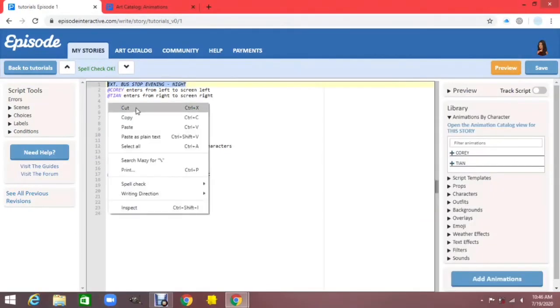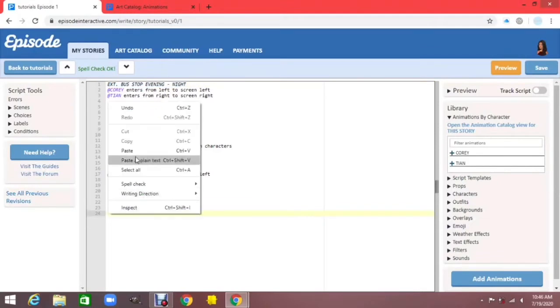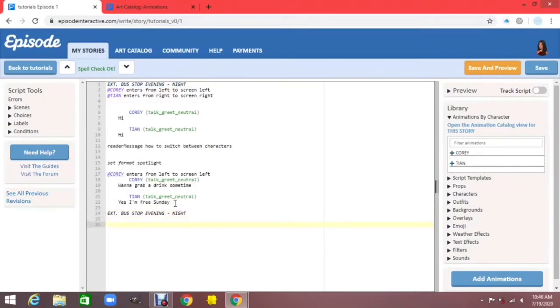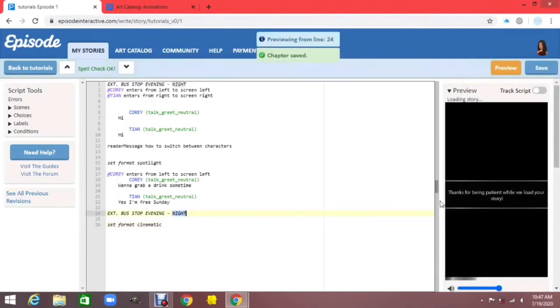This is just how to reset it. You're going to copy back the same background if you're going to use the same background and you didn't add a transition in. And it said set format cinematic. After you place back your background in that certain area, you're going to have to put back the coordinate points where your characters were standing